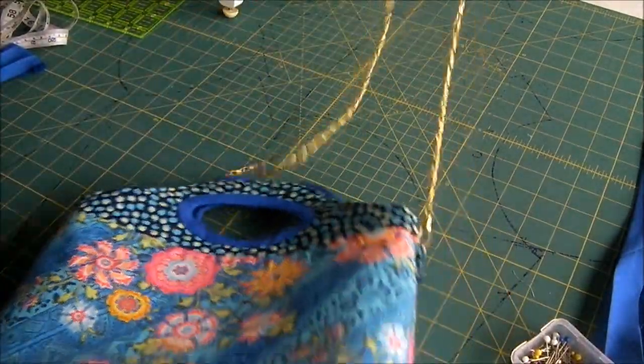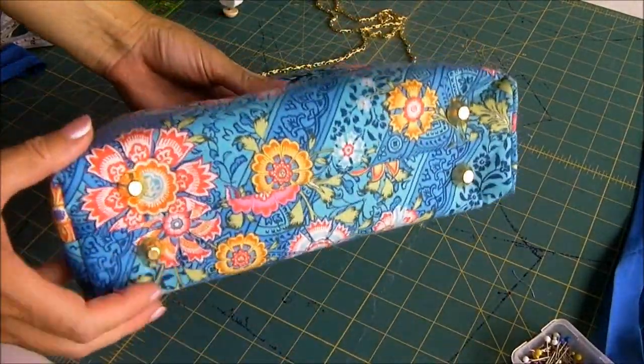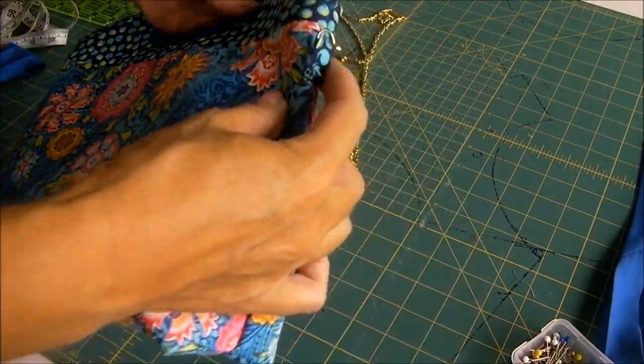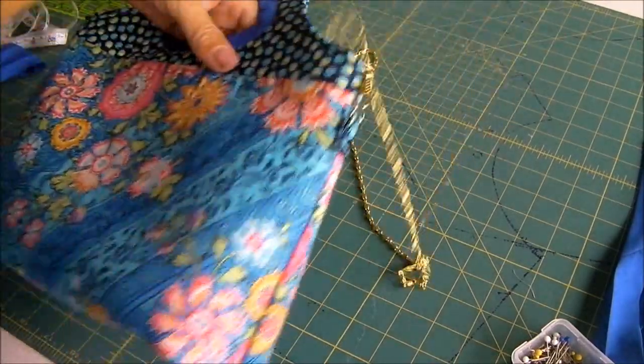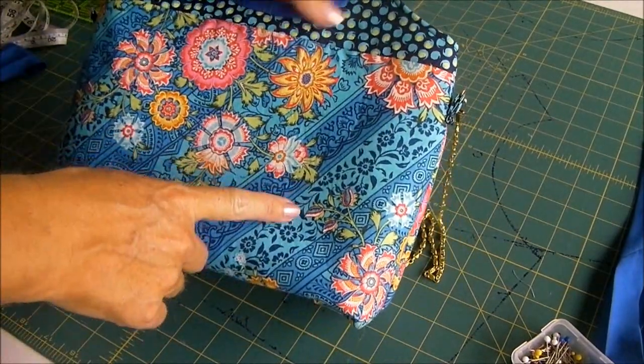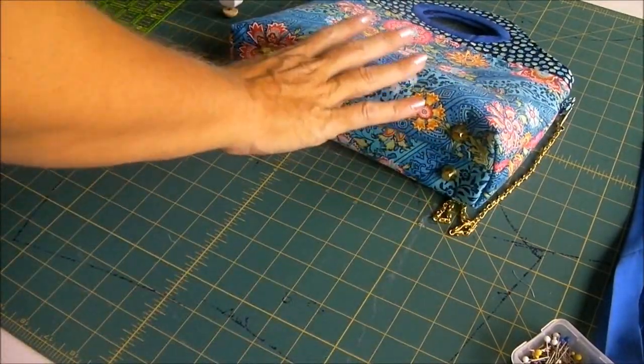And there we go. My bag's completed, so it's now got a few additions. It has the bias handles. We've used the little chain hangers on the side so that we can have a removable chain. We've added some bag feet to the bottom and used the different fabrics. Now when we use the pattern for this one,